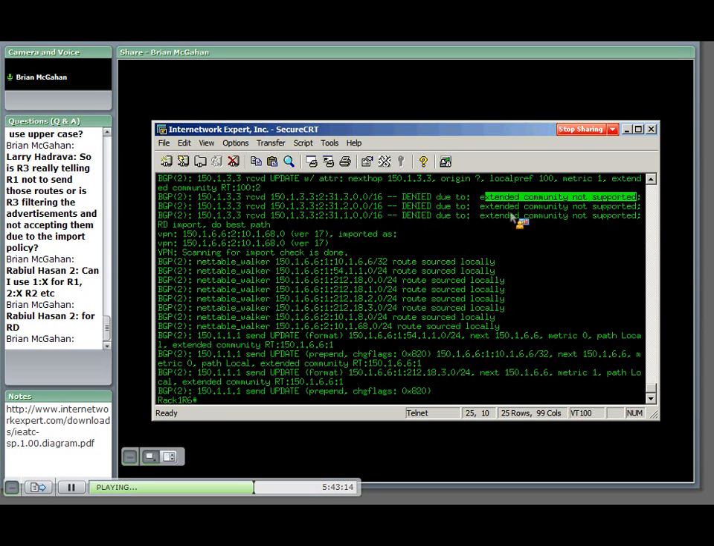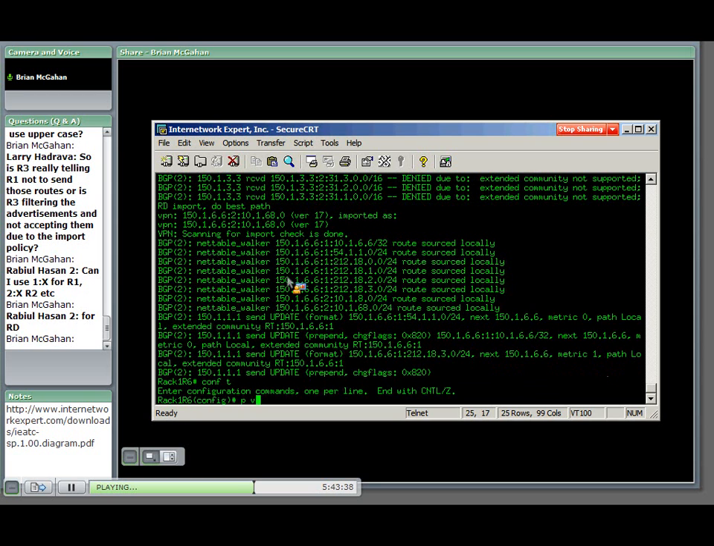Extended community not supported is telling us that we do not have this route target set as an import route target policy. We can't actually see the community here, they're just showing us the prefix. But if we supported the community, then we would go ahead and install it in the table. Now, if we add the community in, this is going to be under VPN-B, because we see it's